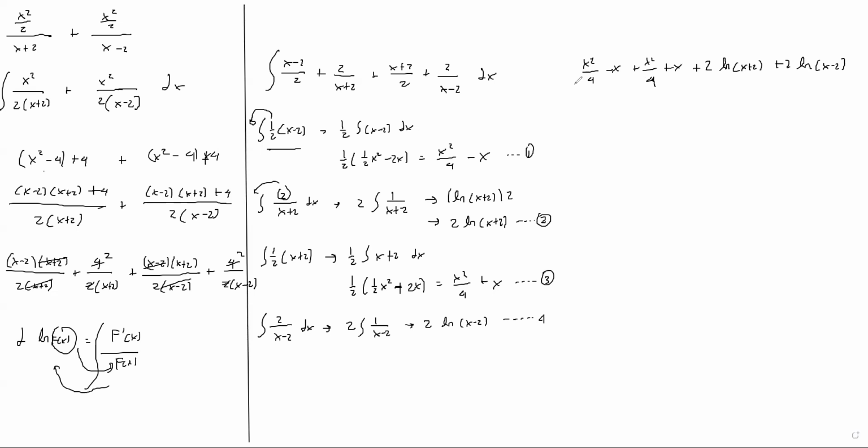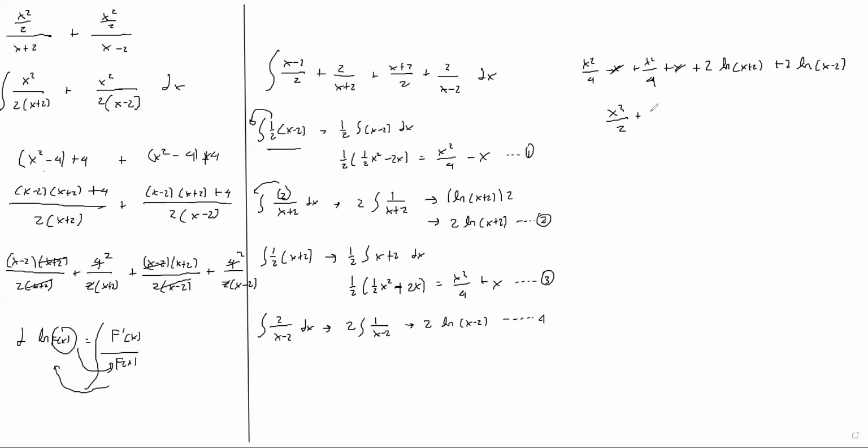Now, let's simplify the equation right here. So obviously the minus x and x, they're gone. So that's 0, right? And then the x squared over 4 plus x squared over 4, that's 2x squared over 4, or just x squared over 2. So we get x squared over 2, right? And then the 2 ln (x plus 2) and 2 ln (x minus 2). We can try to combine them together